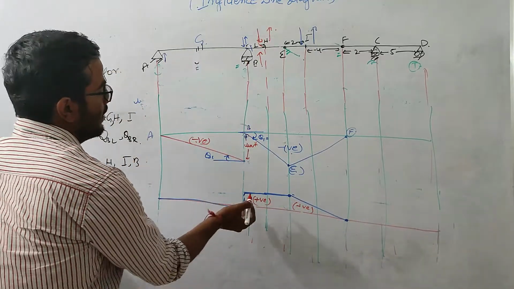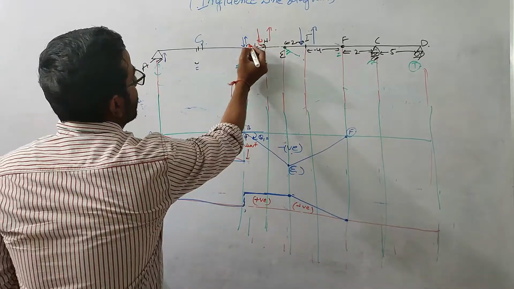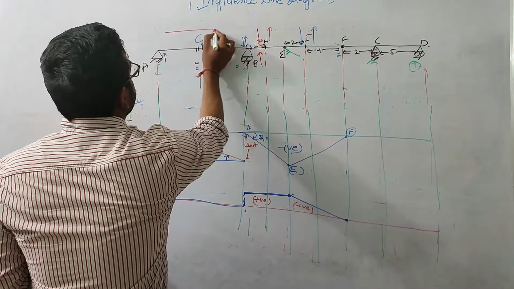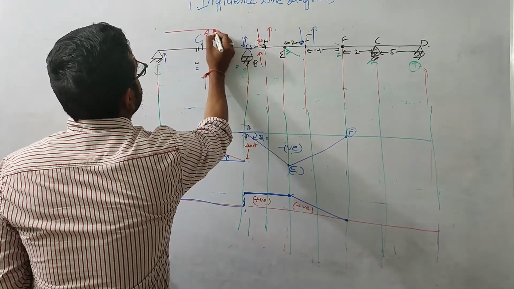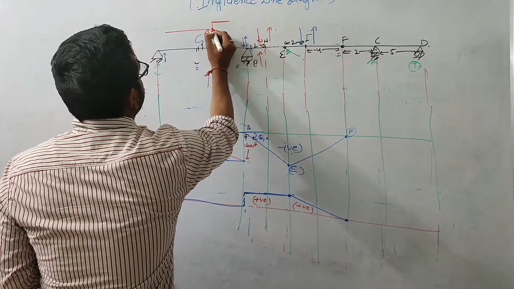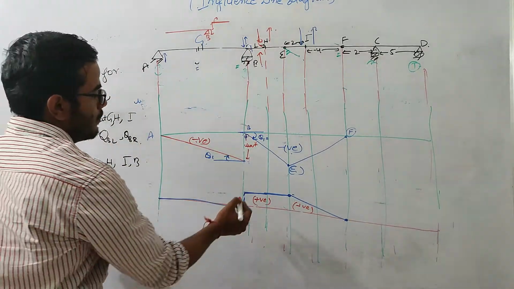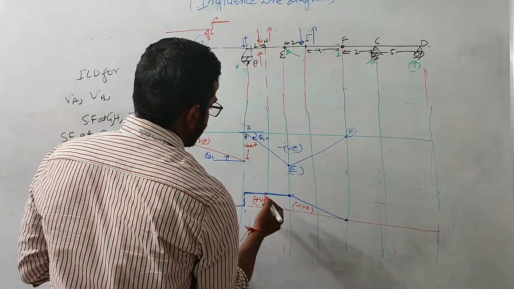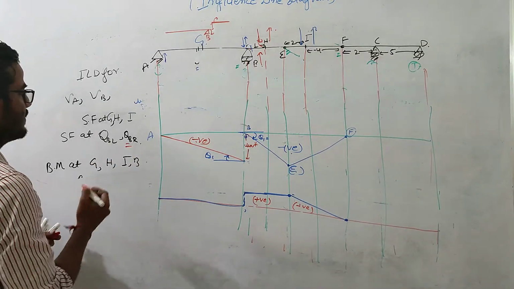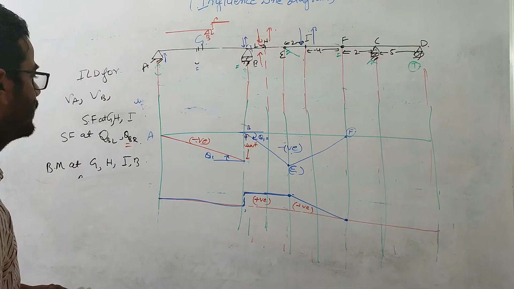What we did over here is that we just displaced this thing upward. We need to maintain the slope because this portion cannot bend, so this slope should be equal to this slope. Let us suppose this is point B and this is just at the right of B. If we are lifting this by unit amount, you can see that the slopes at these two ends are equal, both are 0 degree. That's why it moves straight with respect to its boundary conditions. So this is the ILD for QBR just at the right of B. This thing you should see very carefully, right?